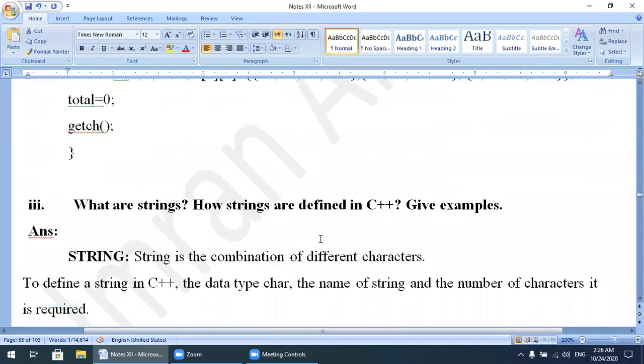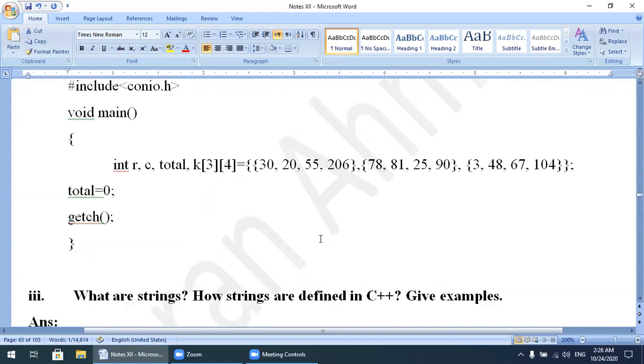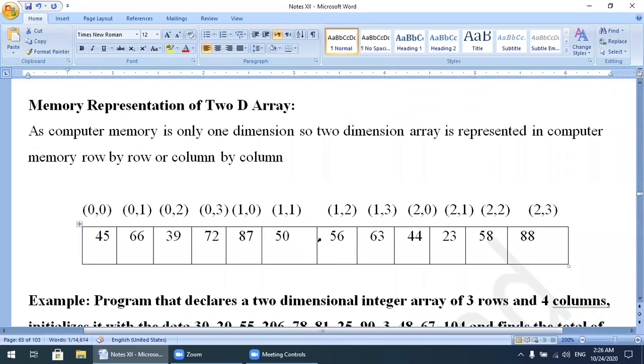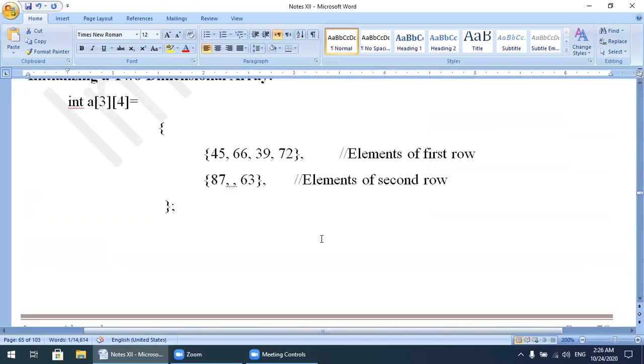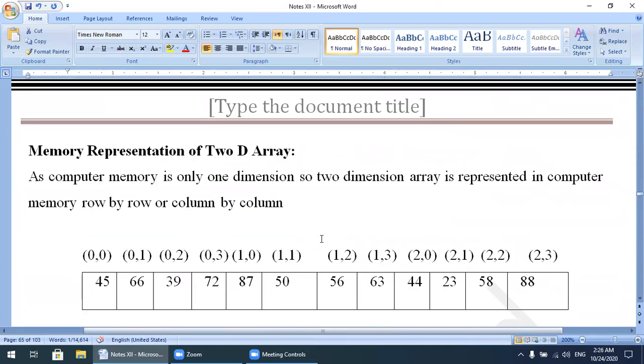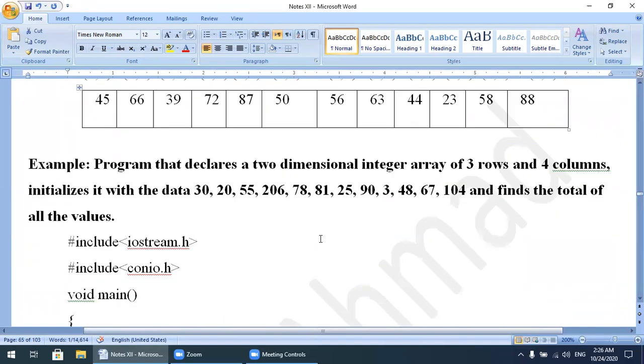So this is simply chapter number 5. In this chapter we have discussed strings as well as arrays: one-dimensional and two-dimensional arrays. One dimension means the data is present along the x-axis, and when the data is present in both directions, it is called a two-dimensional array. We did a few programs in the lab activities and exercises.